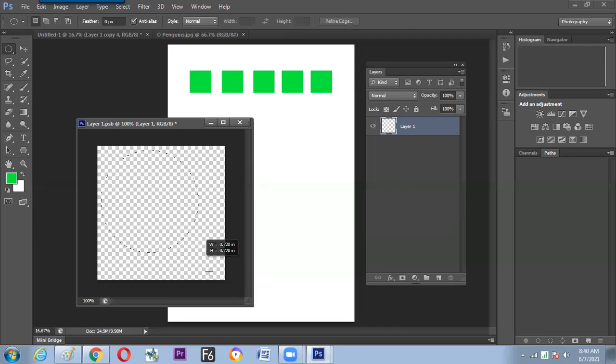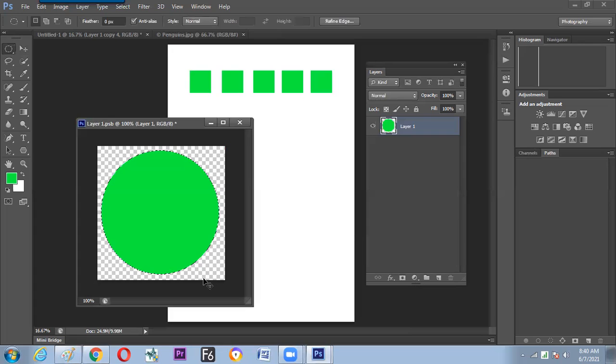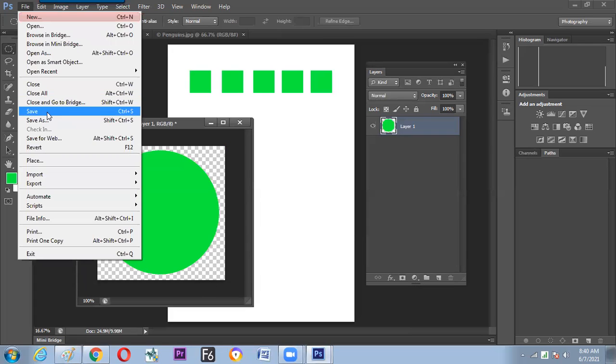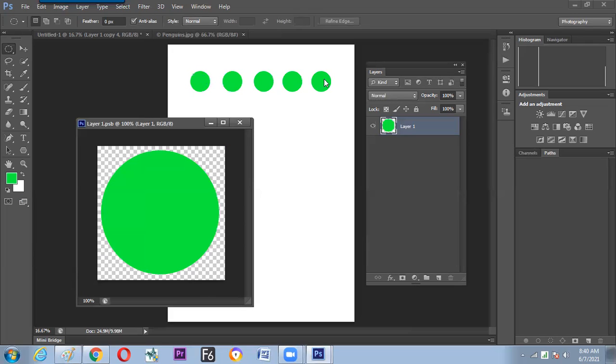Yes. Drag to the maximum, holding the shift button, starting from the left top corner, and get it filled with this circle. Yes. Control D, deselect. Now it is time to go to File and Save. When we go for saving, what happens? We can see the reaction over here. This is the hugeness. Is it okay?